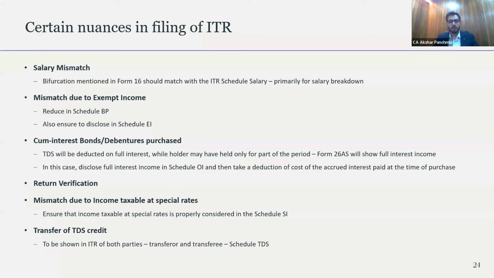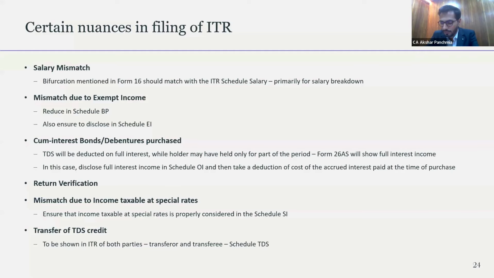In that case, your Schedule TDS provides you a mechanism where you can mention the details of the transferor or the details of the transferee, specifically in case where your clubbing of income comes into play. In that case, you have to file, if I'm not wrong, your Schedule SPI, where you have to